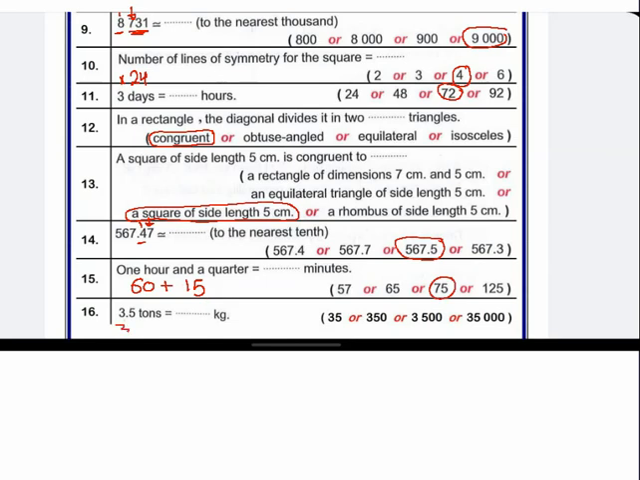3.5 means 3, and 0.5 means half, so drop 3 the same, and half means 500, so it will be 3500. Next,